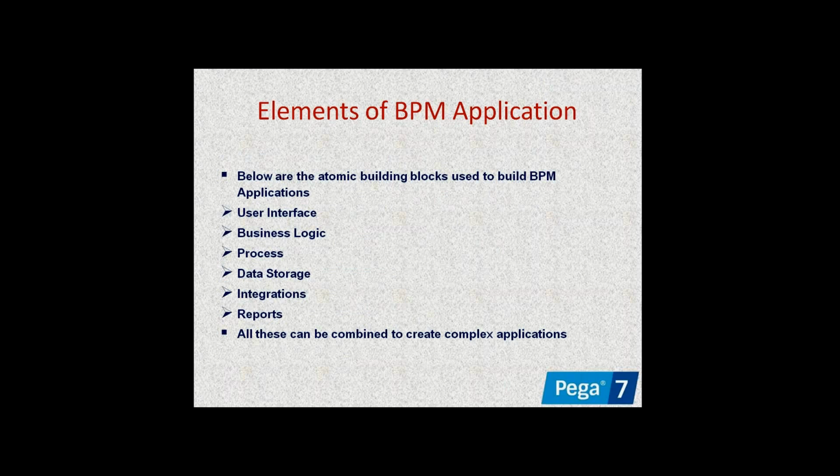And some of the elements. So if you want to develop any application, what are the different types of elements we use to combine, and how we can build complex applications. Okay, here using this Pega, it combines different things. Okay, if you want to design the forms in the application, you will be designing user interfaces. Okay, if you want to write business logic, Pega internally contains so many rules. Okay, so process is nothing but workflow diagrams. Data storage is nothing but a database, and integrations. Pega internally contains so many connectors and services.